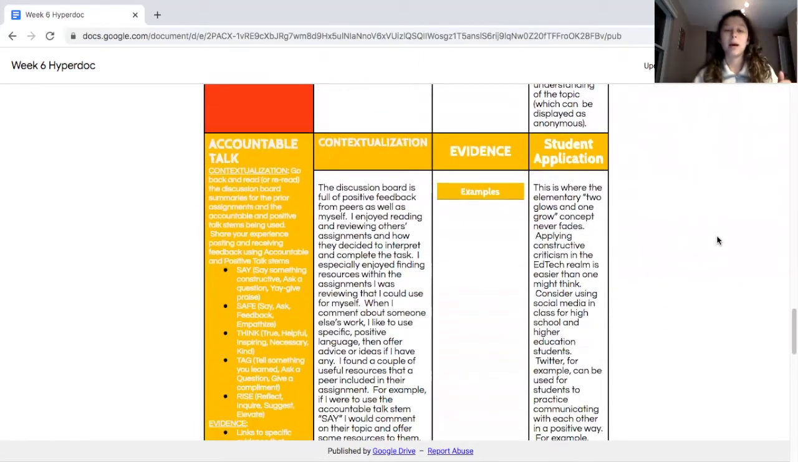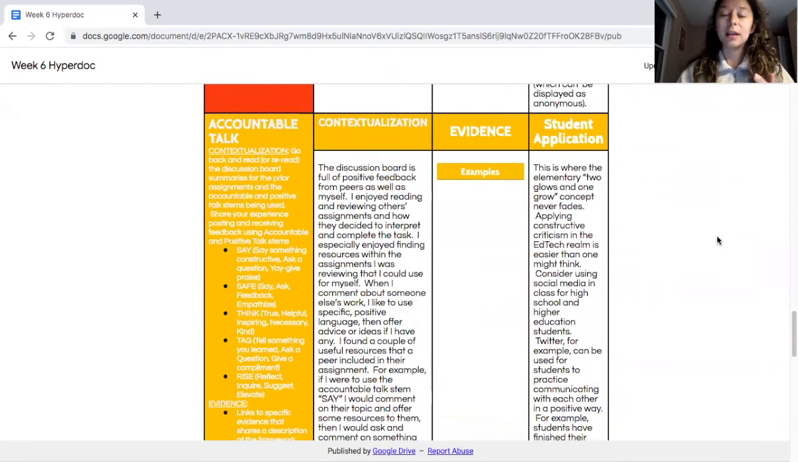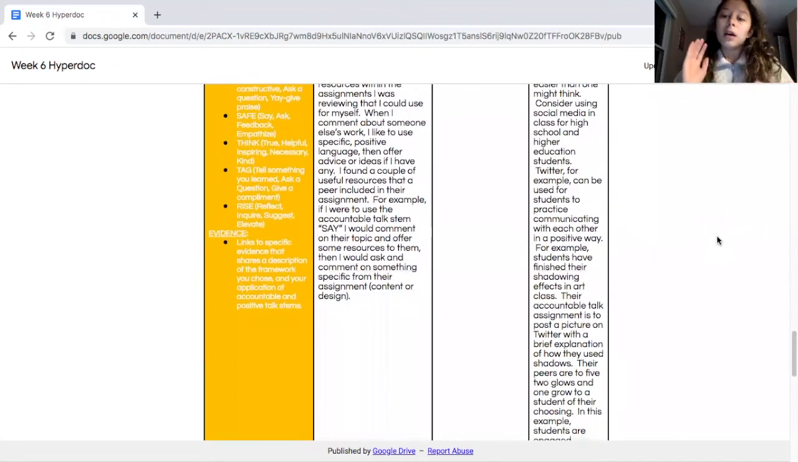Next, we're talking about positive talk for students to practice. My example on here is using social media. Students love it, so why don't we get on board too, right? So what I have is students in an art class are showcasing their final project or their art project on Twitter. Their peers' task is to review other students' work. In doing this,